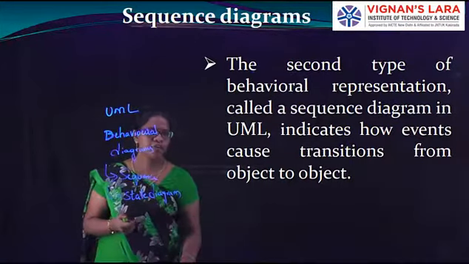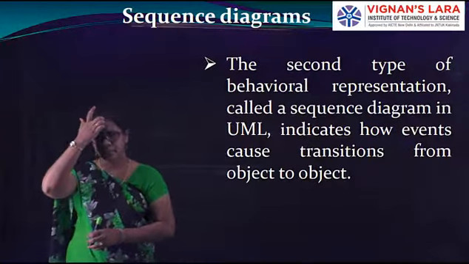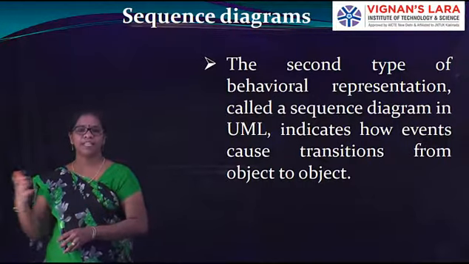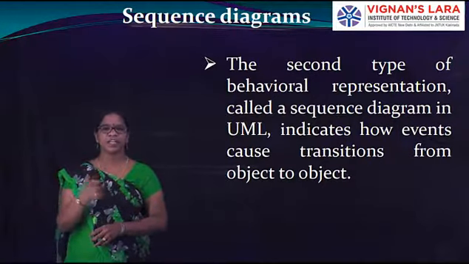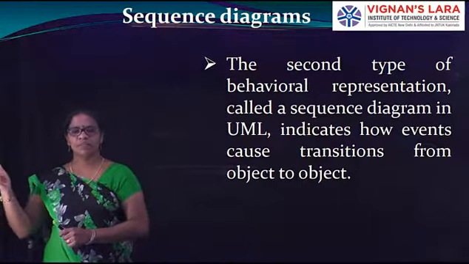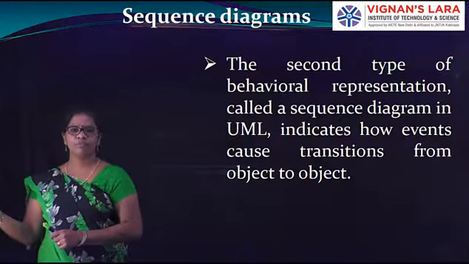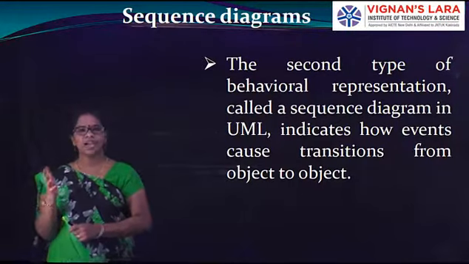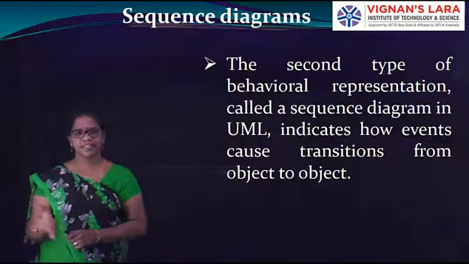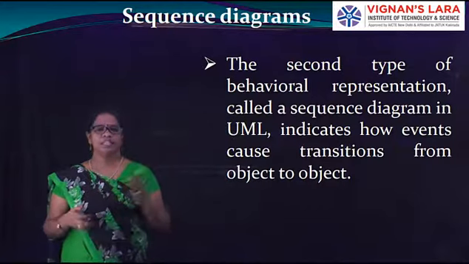So apart from behavioral, the second type of behavioral model is the sequence diagram. Okay, UML is classified into two types. One is the behavioral and the next one is some other type. The other type covers the use case diagrams. Activity diagram will come under one category. The behavioral diagram category is the sequence diagrams and state diagrams. Up to now we have seen the state diagrams. Now we are going for the second one, the sequence diagrams.